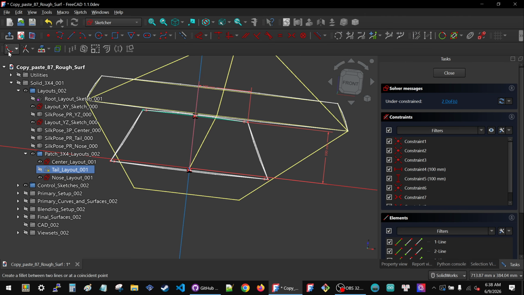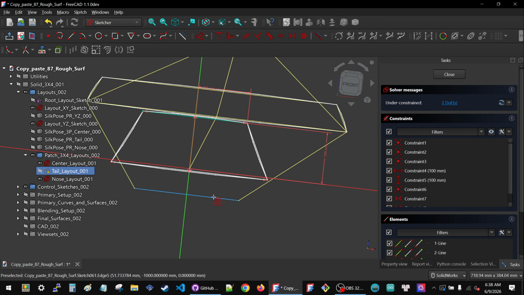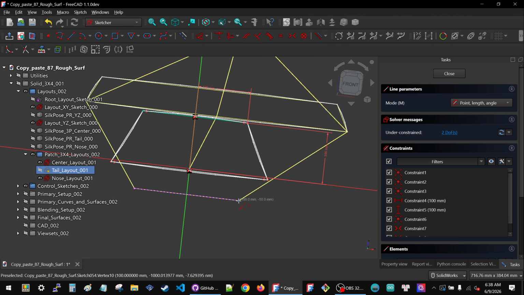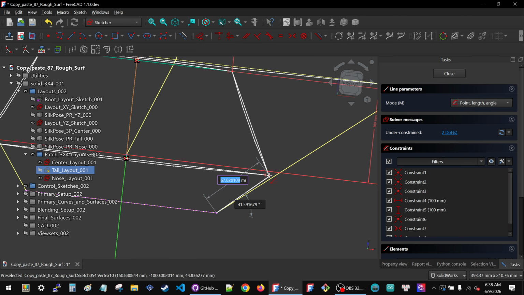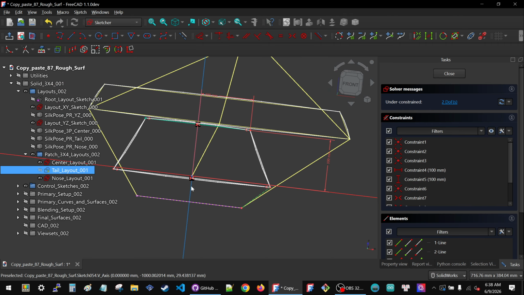It's time to make a reference to the layout and then set a construction line from here to this point. Remember, this is one thing where you could be using just a vertical constraint, but by doing it this way,